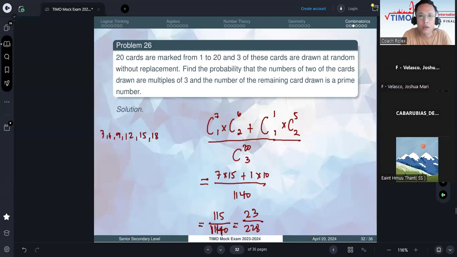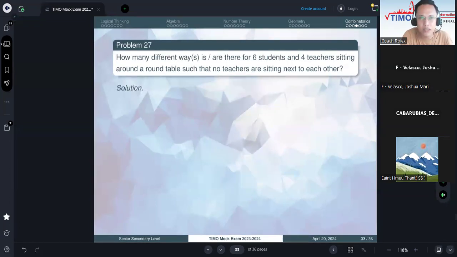Okay. For this, how many different ways are there for 6 students and 4 teachers sitting around a table such that no teachers are sitting next to each other? So of course, we want first to sit them at a round table. So we have the number of ways to arrange the teachers, meaning we will arrange first the